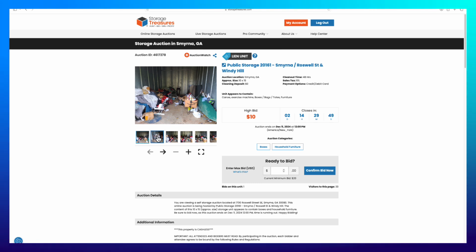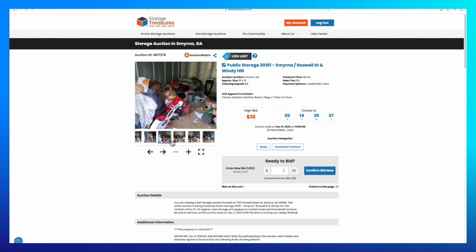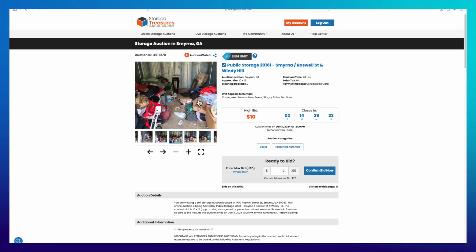It has one bid. Not sure what they see, but they see something. I see some Nike boxes, I guess. Guessing this is exercise equipment. I thought that was shoe boxes, but those are not shoe boxes. But this is trash to me. If I bid on this, it's basically me cleaning out the storage unit for the facility, Public Storage, so that they don't have to do it. This is a waste of $10. You will make some money off of it, but